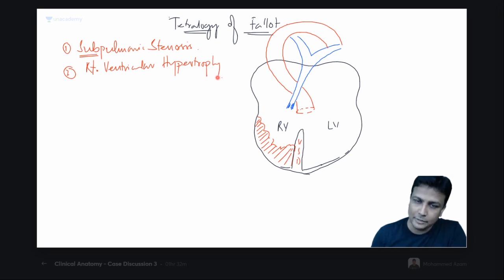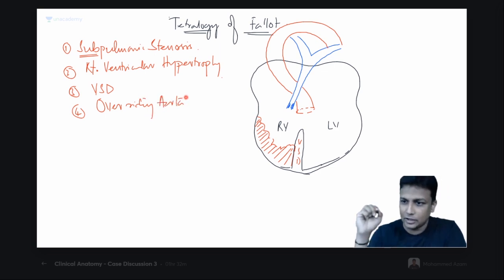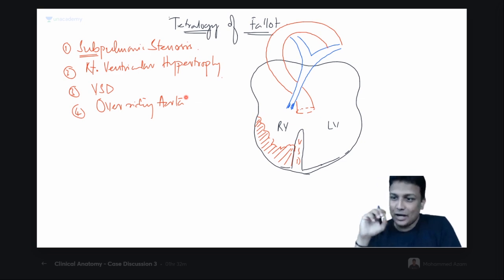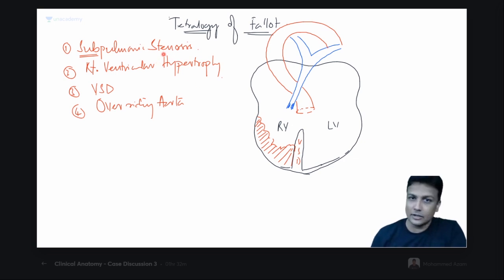Number 3, there'll be ventricular septal defect. And number 4, my dear friends, yes, there'll be overriding of the aorta. Now tell me, do you need to mug up this one? No. So you don't have to mug this up, guys. That is your tetralogy of Fallot. Easy. Now, after learning these 4 things in the tetralogy of Fallot, sometimes in your exams they can even